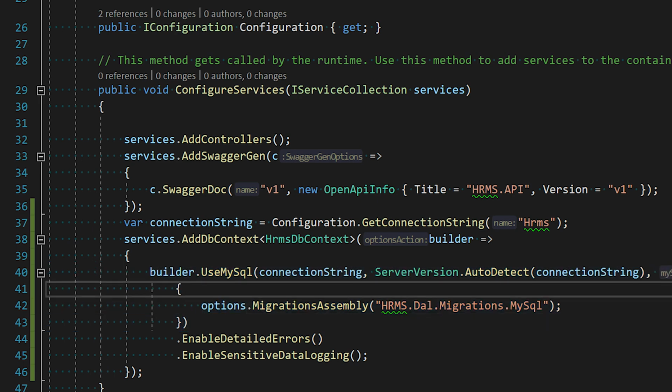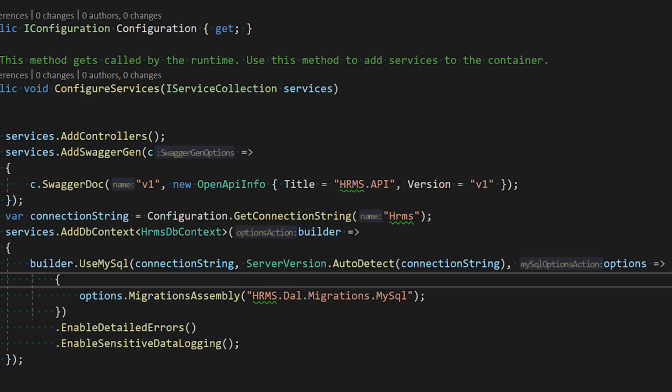The third one is the SQL options that we are going to use, and this specific part we have to use because we are keeping our migration assembly separate. So we are not using the same migration assembly as our DAL layer or our executable layer. The reason being, let's say tomorrow we use a separate project for our web pages, like WebAssembly or Razor, not the REST API, not this project.